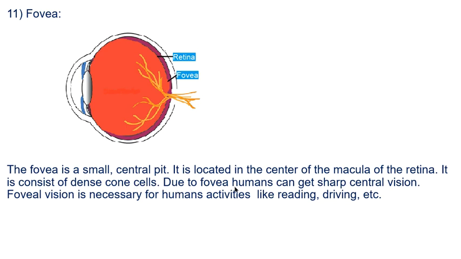Due to the fovea, humans can get sharp central vision. Foveal vision is necessary for human activities like reading, driving, etc. Very clear, very precise, very perfect vision is provided by this fovea due to the cone cells, which are densely placed inside it, and this kind of vision is called foveal vision. Activities which include precision are supported by foveal vision. Moving forward,